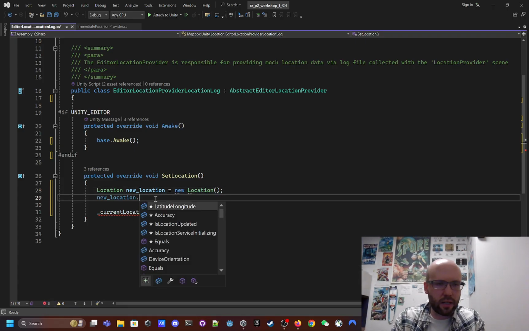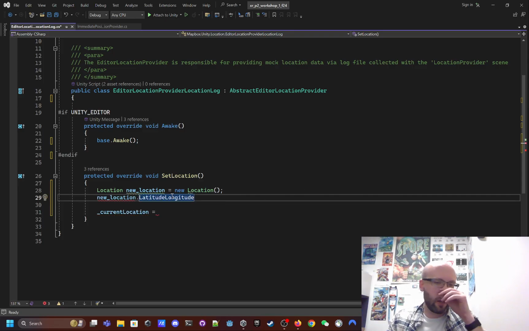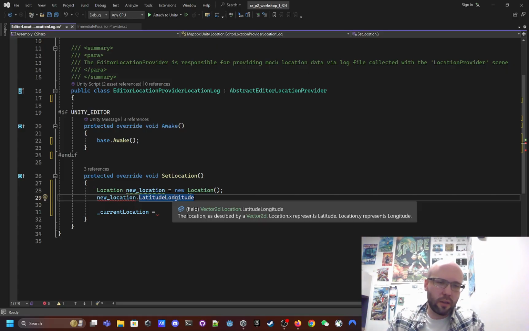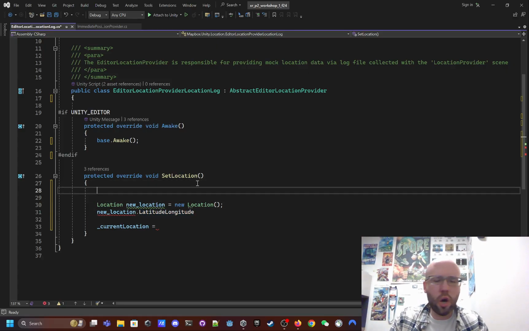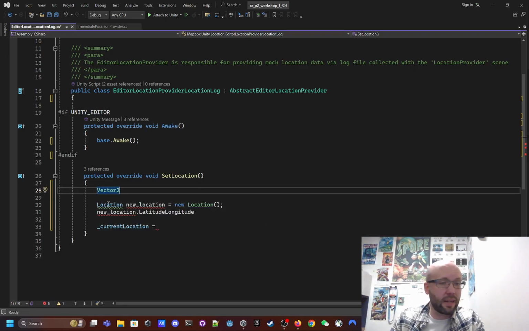Okay, so does it have any latitude, longitude? That's looking like a good one. It's the first one on the list. It might be important, okay? The location, as described by a vector 2D. X represents latitude, Y longitude. Okay, I'm liking that. This is a type vector 2D. Now, if you know Unity, if you're familiar with it, you're probably familiar with the vector 2 data type, okay? And the vector 3 data type. So, you know, mine